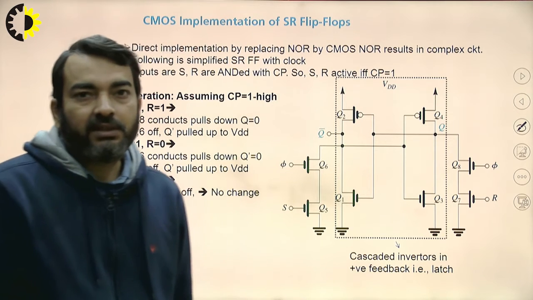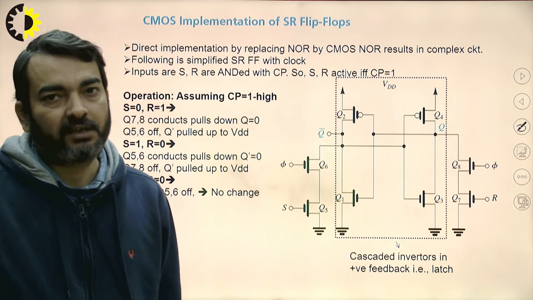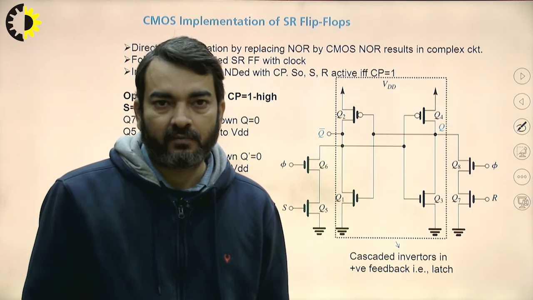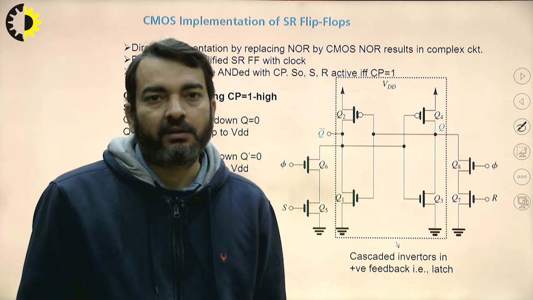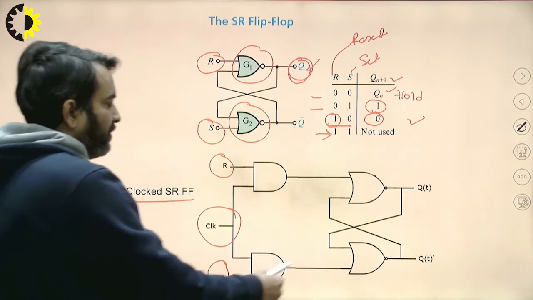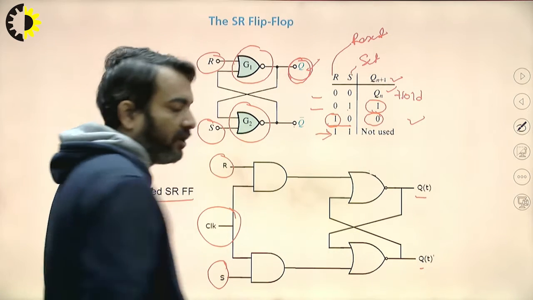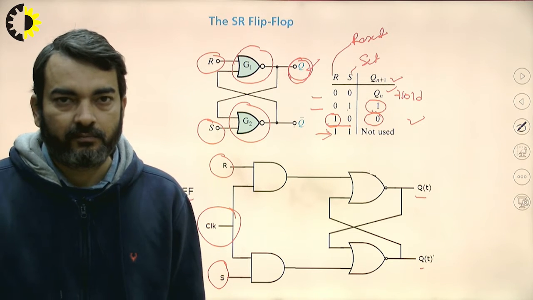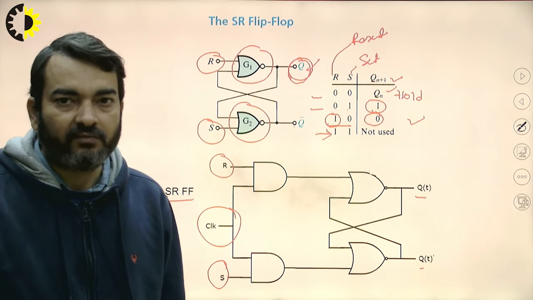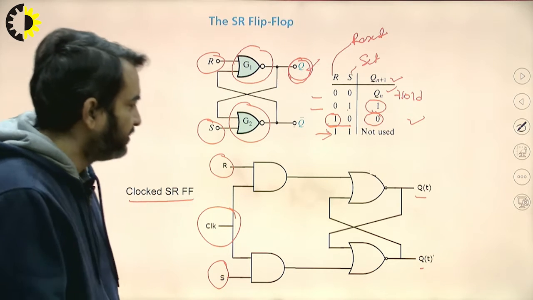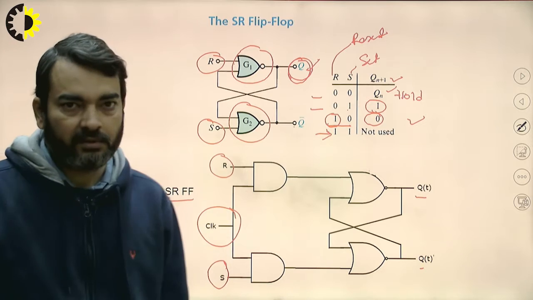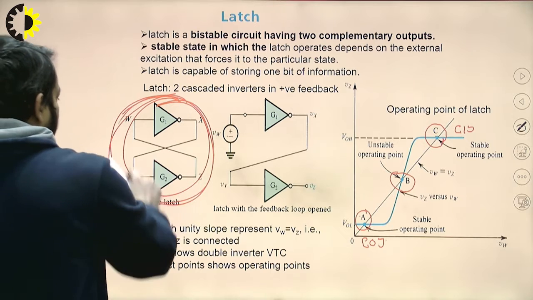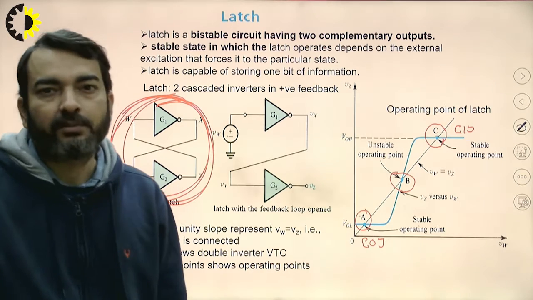So now we will see the CMOS implementation of SR flip-flop. We can use the conventional way of realizing this circuit. We will write the Boolean function of these outputs and realize the pull-up network and pull-down network. But there is an alternate way by which we can realize the SR flip-flop, with the help of the concept that the core structure consists of two cross-coupled inverters.